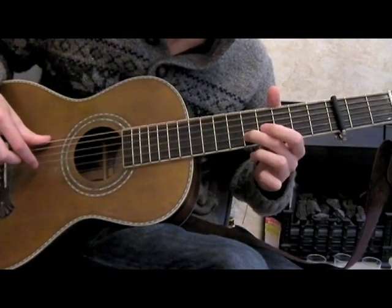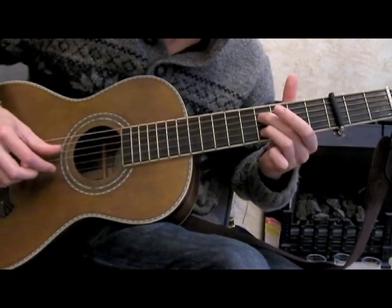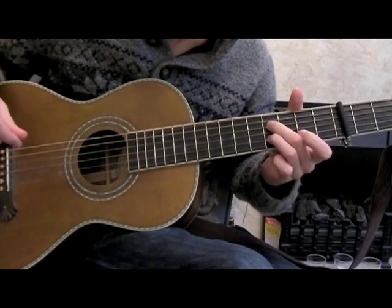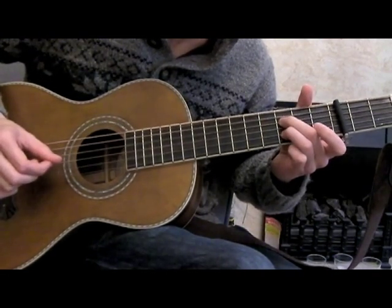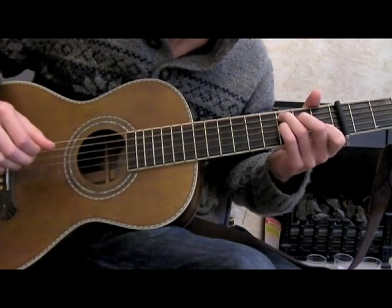Then move it down a string, slide it down to the 2 and pull off. That's on the 4th fret, on the 4th and 2nd strings. Just slide it down a fret, then just play a C. Then you're going to put your index finger on the 3rd string